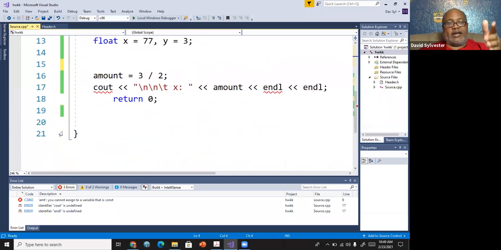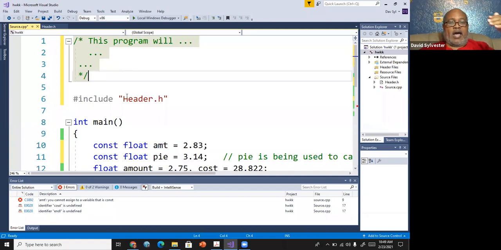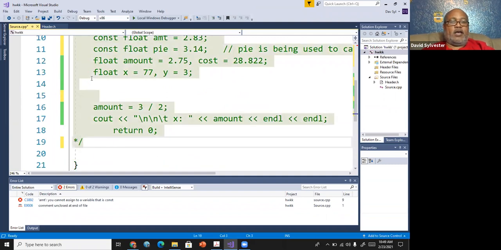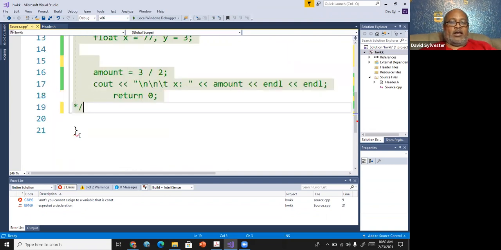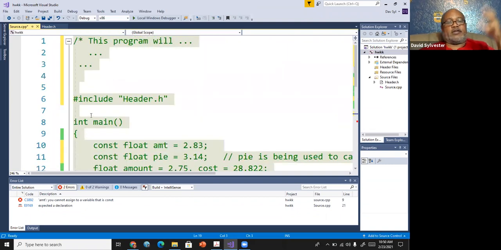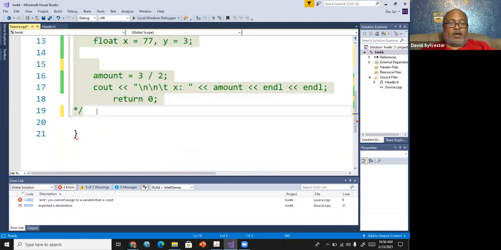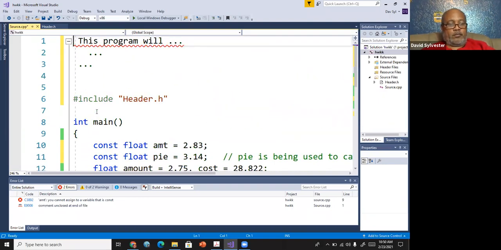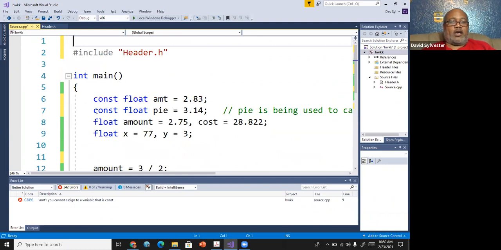So you've got the // for a single comment, and then you've got the /* */ for a block of comments. Because I could take this and notice what happens. I could do asterisk slash. Now, my whole program, except the last curly brace, is commented. Okay? So everything is commented except the last curly brace. All right? So those are the two ways you can comment.